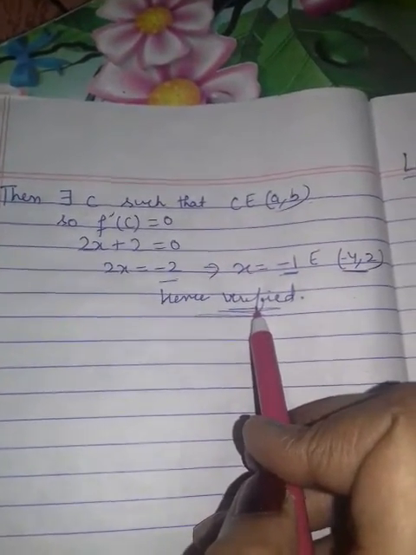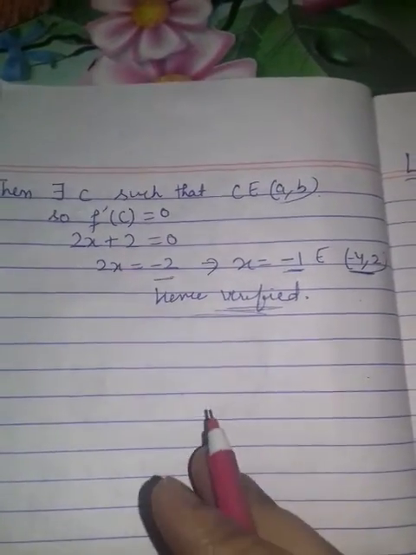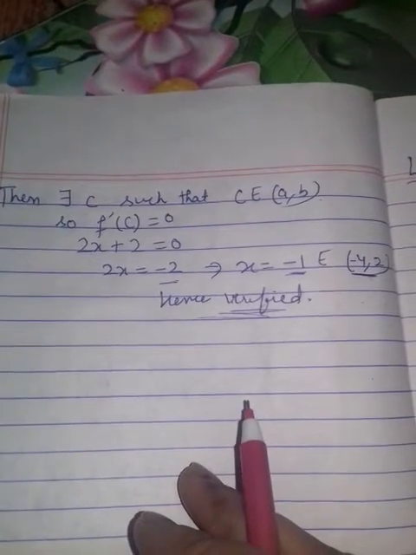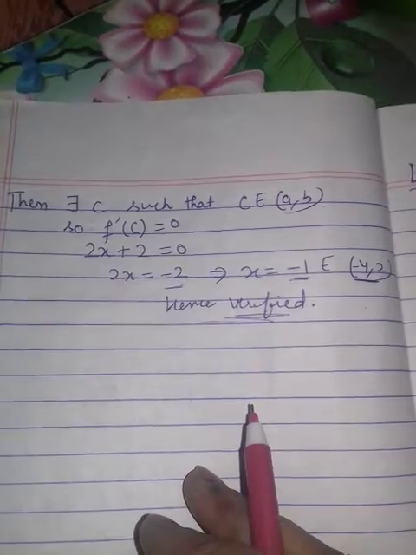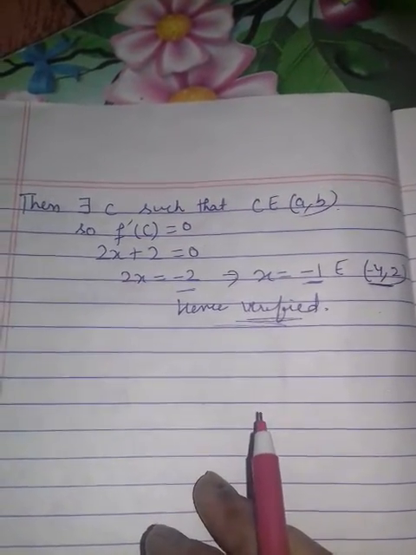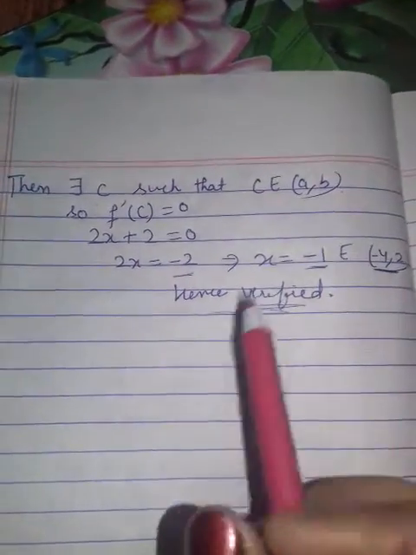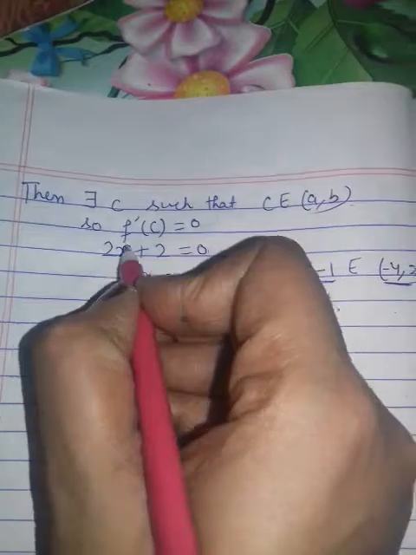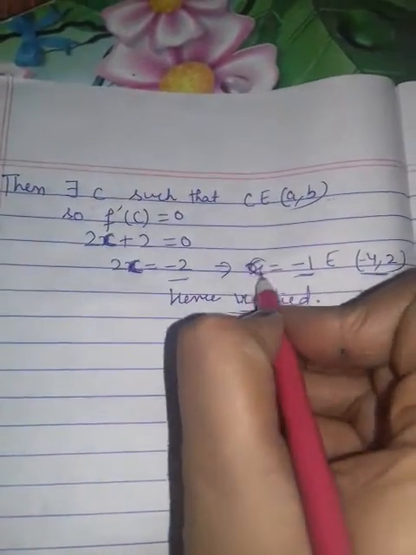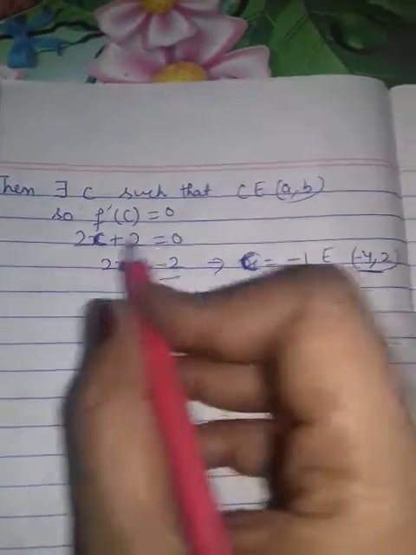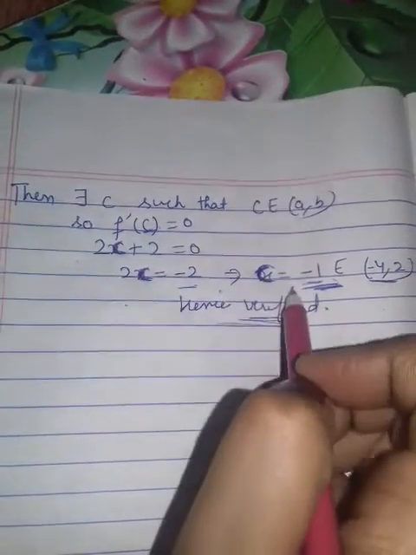I hope you got it. This is Rolle's theorem where you have to check 3 conditions. First one, continuity on the closed interval. Second, differentiability on the open interval. Third one, f of a is equal to f of b. If all conditions are fulfilled, then you will say there exists c such that this, then you will find the value of c. You can write c here also. Clear? Because you have to find the value of c. What is c? C is your -1. No problem, but c is given to you in place of x. So I find c.